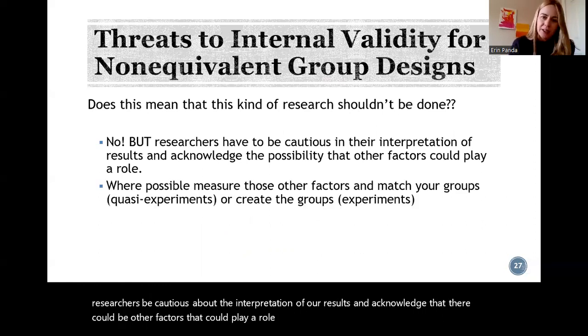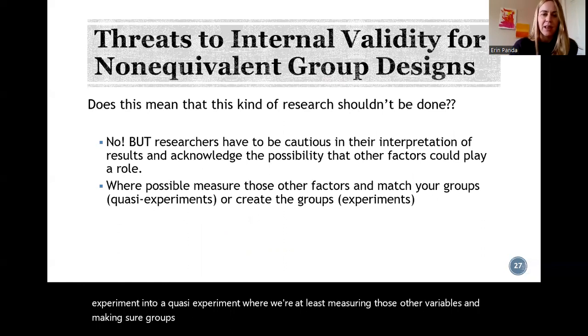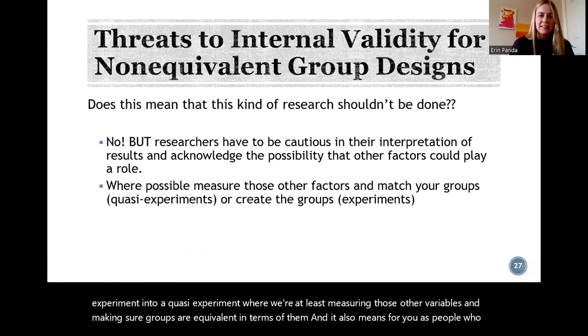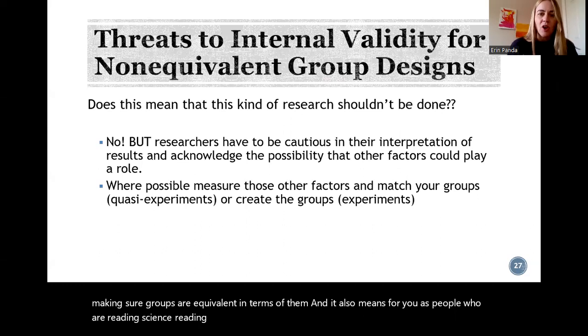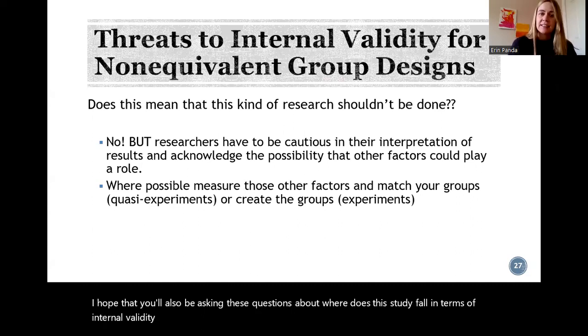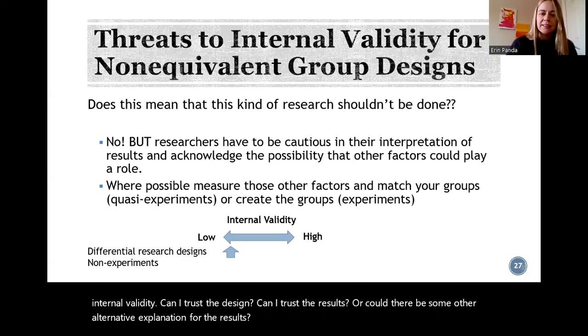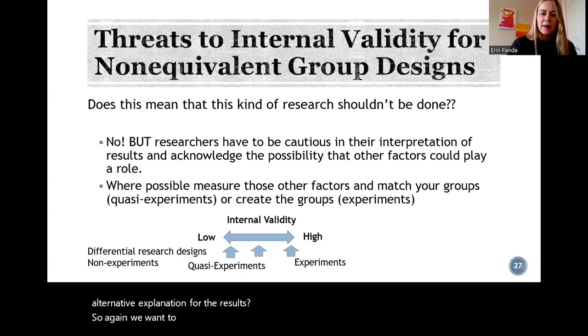Wherever possible, we want to avoid doing a non-experiment and do a quasi-experiment where we're at least measuring those other variables and making sure groups are equivalent in terms of them. And it also means for you as people who are reading science, reading literature, I hope that you'll also be asking these questions about where this study falls in terms of internal validity. Can I trust the design? Can I trust the results? Or could there be some other alternative explanation for the results? So again, we want to be looking at least at quasi-experiments or experiments that fall towards the higher end